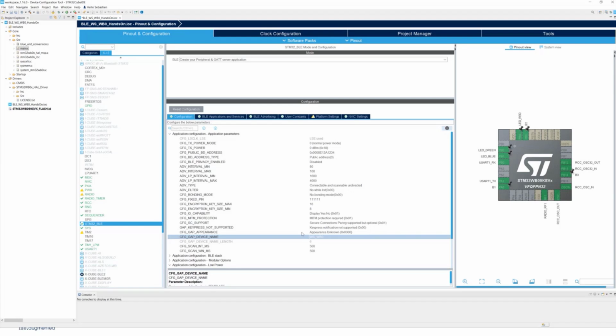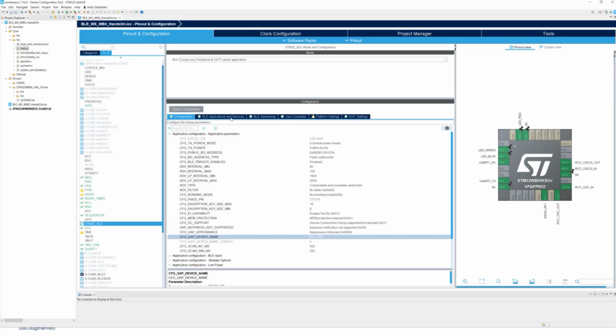This is simply because iOS and Android behave differently around the name when they scan a device. Android always uses the local name part of the advertising data, whereas iOS, after the first connection, uses the device name. So as a good practice, I'm using the same value for device name and local name. Then I get the same behavior and the same name on both iOS and Android. Okay, my advertising now is complete. I configure my advertising.